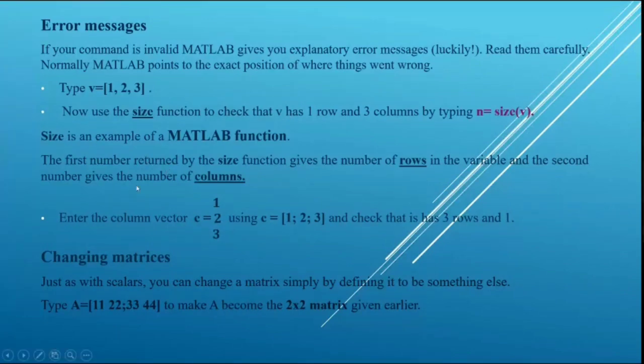For example, here we can also check the column vector C, which is 1, 2, 3. As the rows change, while writing it in square brackets, we have to use a line break or the semicolon. Then we can use the size function to check the number of rows and columns.